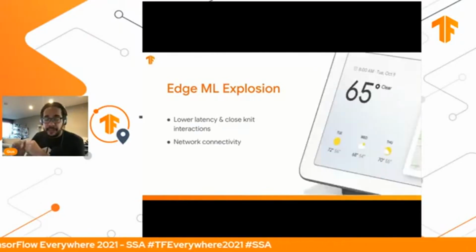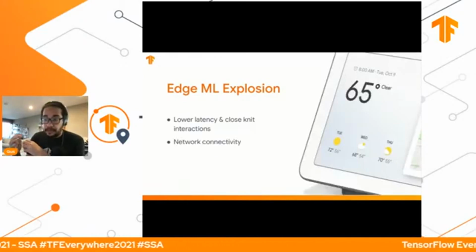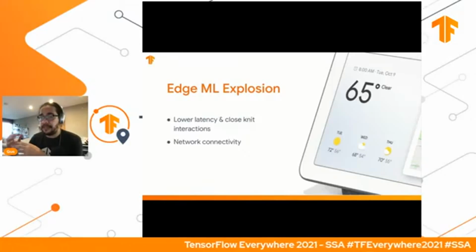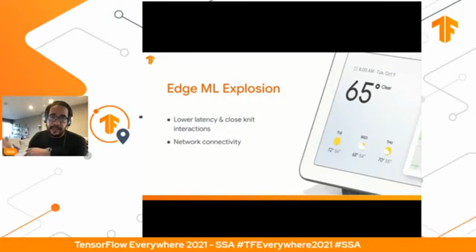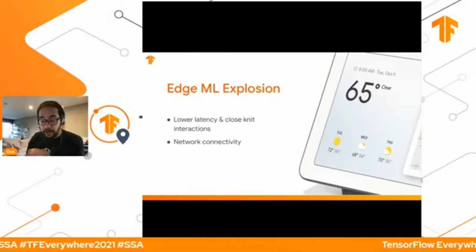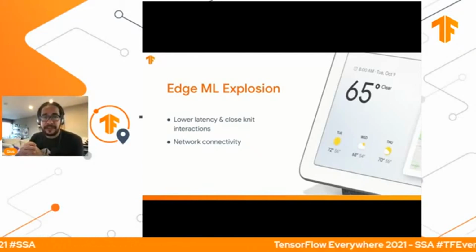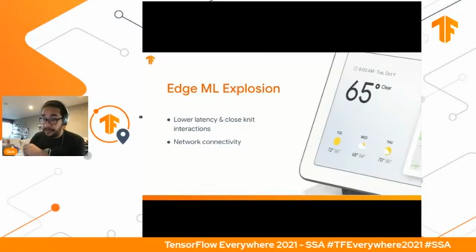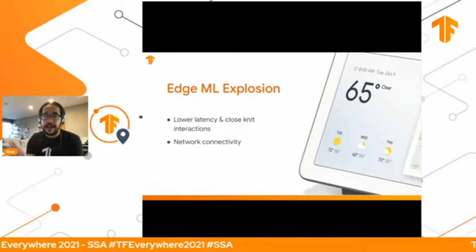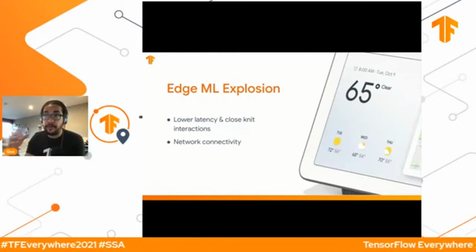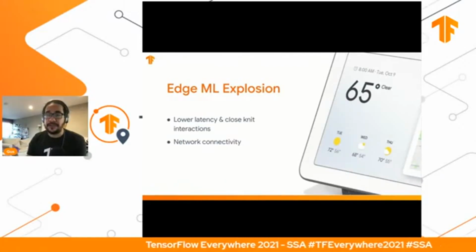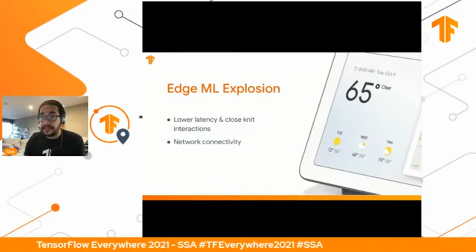The other thing is sometimes you want your model to not rely on network connectivity at all, or maybe you are in a region where the network connectivity is very bad, you're far from any antenna, any Wi-Fi, anything. So you want your prediction models to keep working, keep giving you predictions. So for example, if you have a camera that does some fancy processing while taking a picture, and then you go for a hike in a mountain or in a forest somewhere beautiful, but then you need the connectivity to take a picture, right? To help you with taking this picture, and then you have a problem, right?